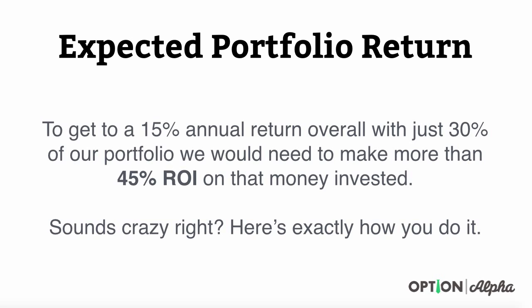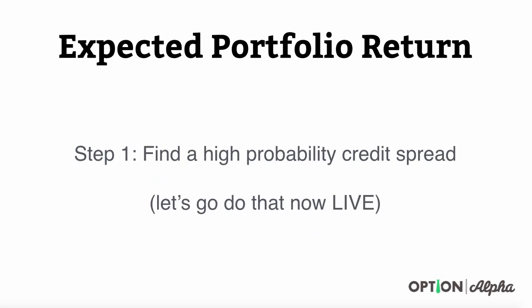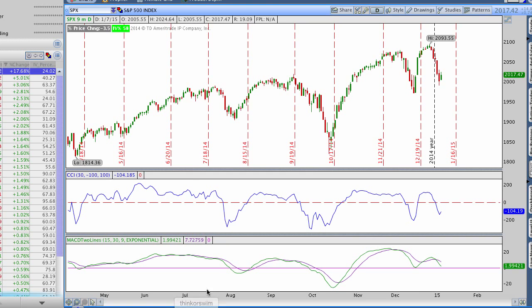Now, this probably sounds crazy, right? But here's exactly how you would do it. Step one, we first have to find high probability credit spreads. So let's actually go to my Thinkorswim platform, and we're going to do that live right now. So I'm just going to click here, and you can see we have the charts up here of the S&P, and you can see this is SPX as of today, the recording of this video. And the S&P right now is trading at around